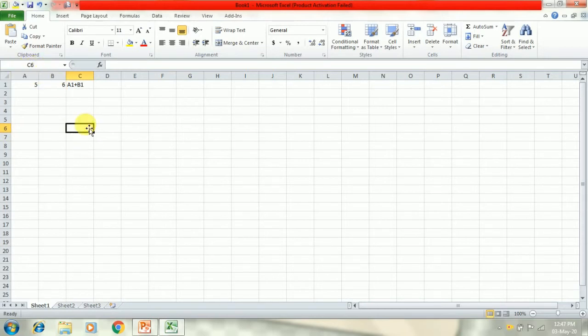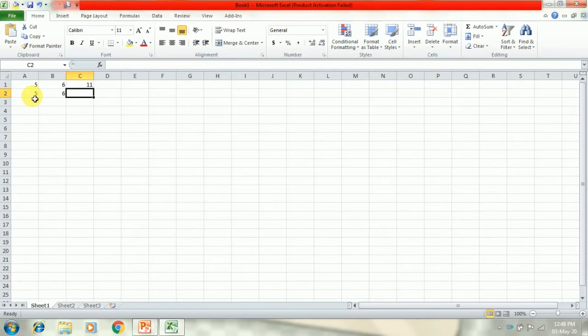5 and 6 are cell values and A1 and B1 are cell addresses. You can see I have used cell addresses in the formula. I can also use cell values in a formula for calculation. Now what will be the difference when I use cell values and if I use cell address? I am typing same values in next row 5 and 6 and using cell values in a formula.